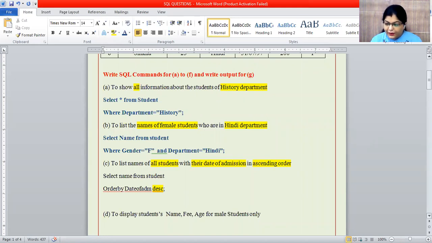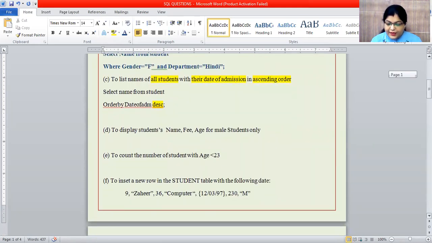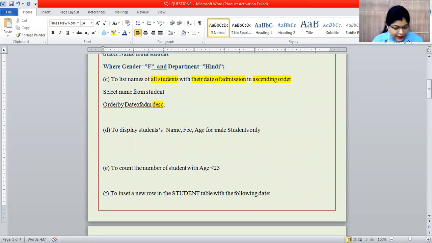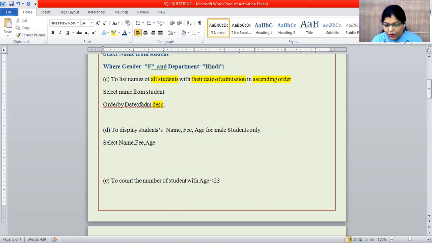So the next question: display the student's name, fee, age for male students only. Firstly, you have to select name, then fee, then age. They want only these things.